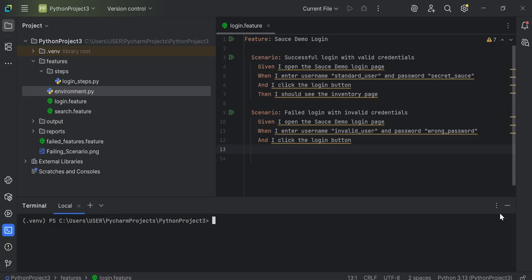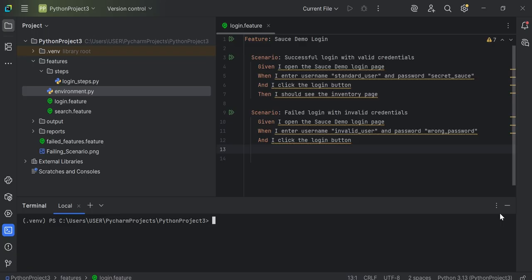The benefits of using parallel execution: faster execution. Instead of waiting for hundreds of scenarios to run one after another, you can split them across multiple threads or processes and finish much quicker. Scalability: as your project grows, you can easily scale your testing without worrying about huge execution times. It improves productivity. Less time waiting for results means testers and developers can focus more on fixing and improving the